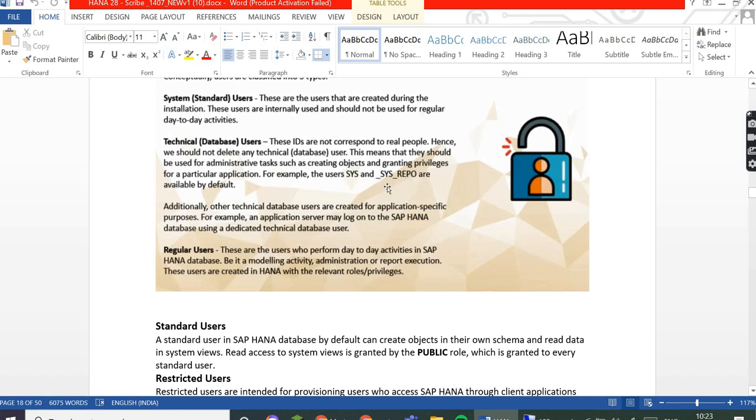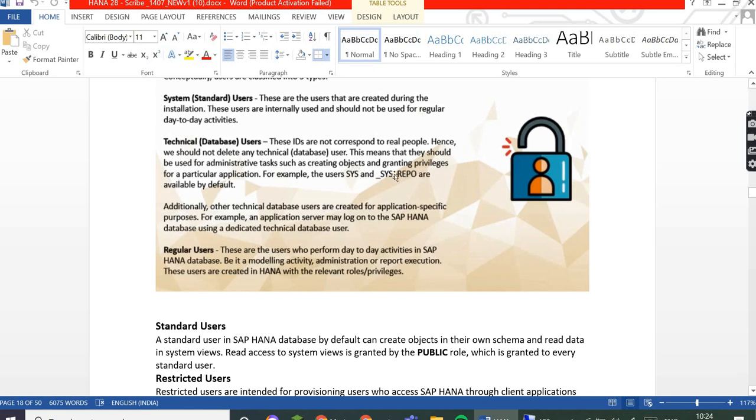Whenever we create any object as design time and activate it, one copy is transferred to these users and they become the owner of the activated copy. Even if you create it as runtime, by default, without transferring the ownership, they become the owner. These users are called technical database users.